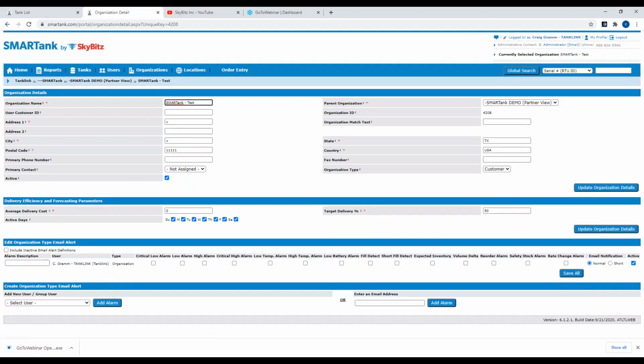And what this does is that any tanks that are within that organization, at that point, you can set up and say, I want this person to get a critical low and a low alarm and a low battery alarm. And again, you hit save all. And now anytime any tank within that organization goes into any of these statuses, that person will get an email